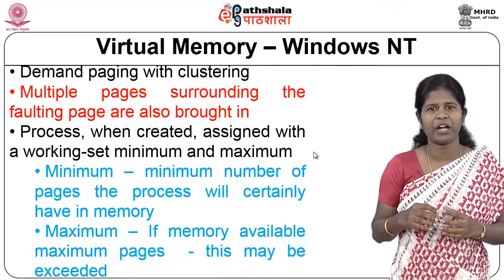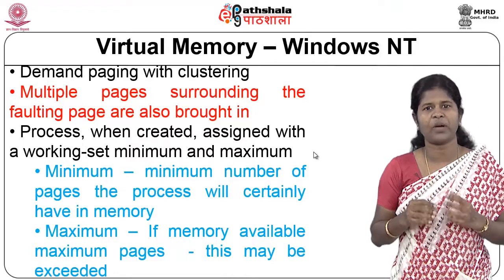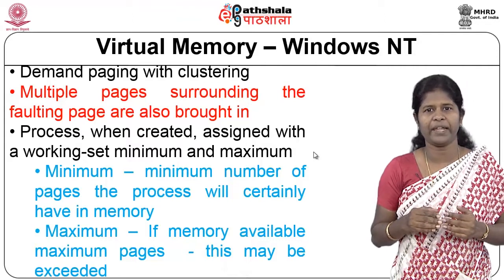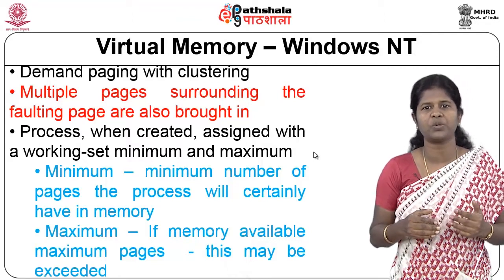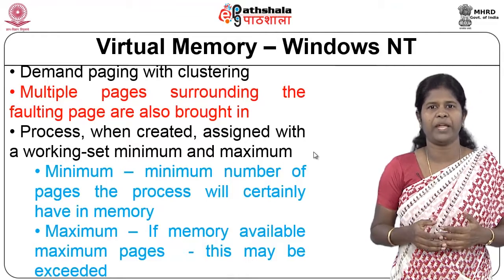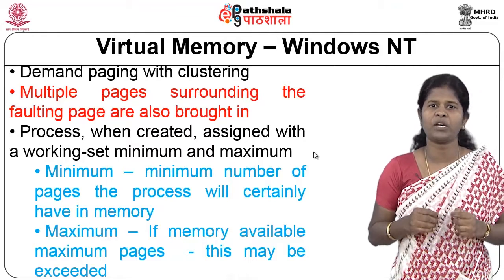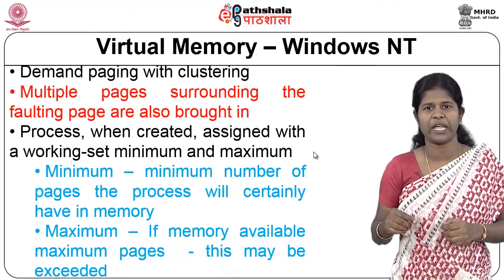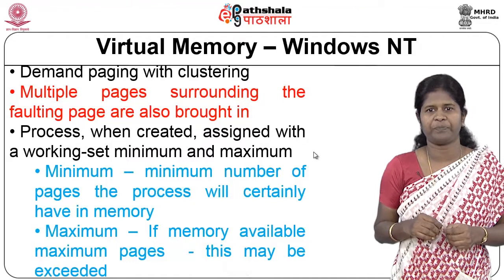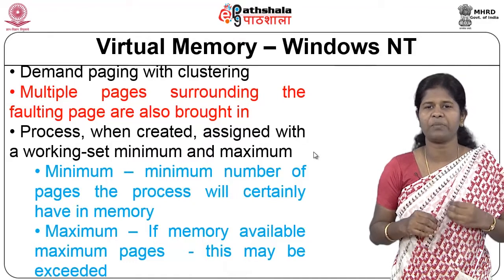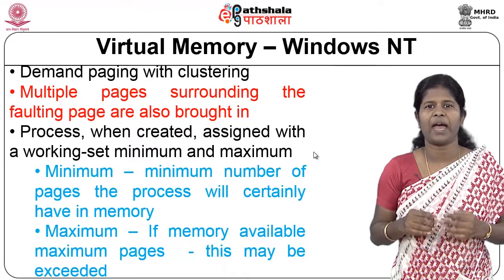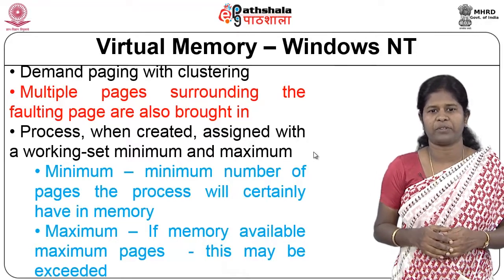So, what is the advantage of this? Suppose you have a page fault for page number 10, and immediately the memory reference is to the next page, page number 11. Then there will not be a page fault, because when there was a page fault for page number 10, you would have brought page number 11 in as well, and hence whenever there is a memory reference to page 11, it is present in main memory itself.